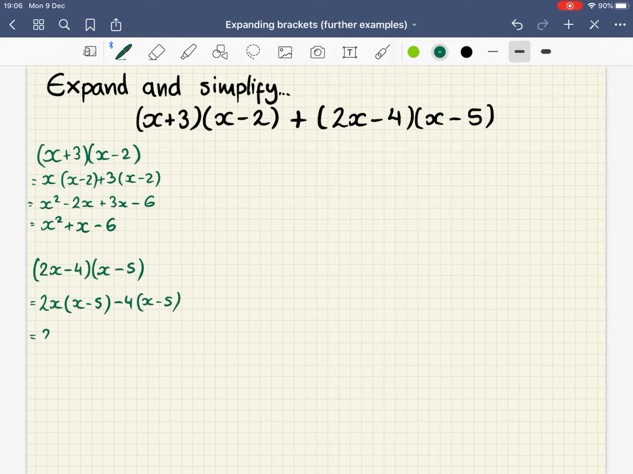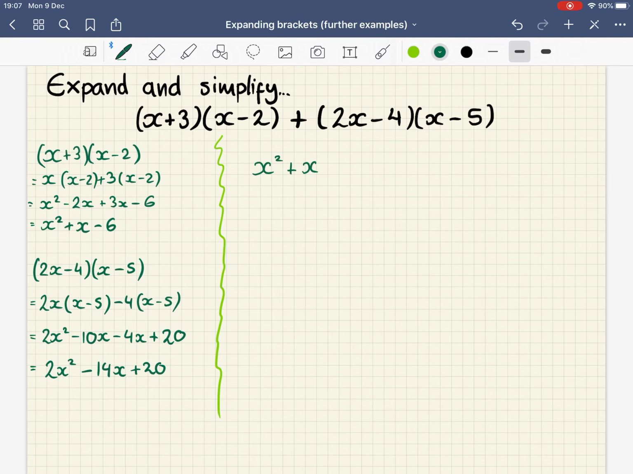Two x times x is going to be 2x squared. 2x times minus 5 is going to give me minus 10x. Negative 4 times x is negative 4x. And then negative 4 times negative 5. Well, first remember, two negatives make a positive. So that will be 20. Then neatening it up. Negative 10x, take away 4x is going to give me negative 14x. Plus that 20. So going back to over here, I've done my expansion, and now